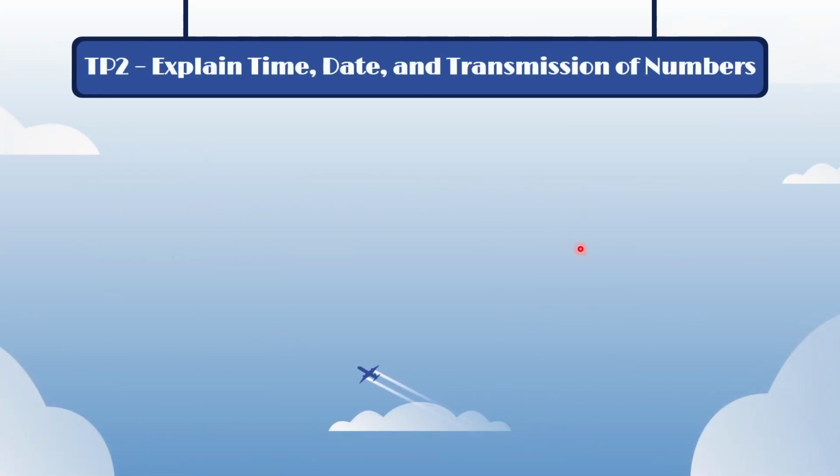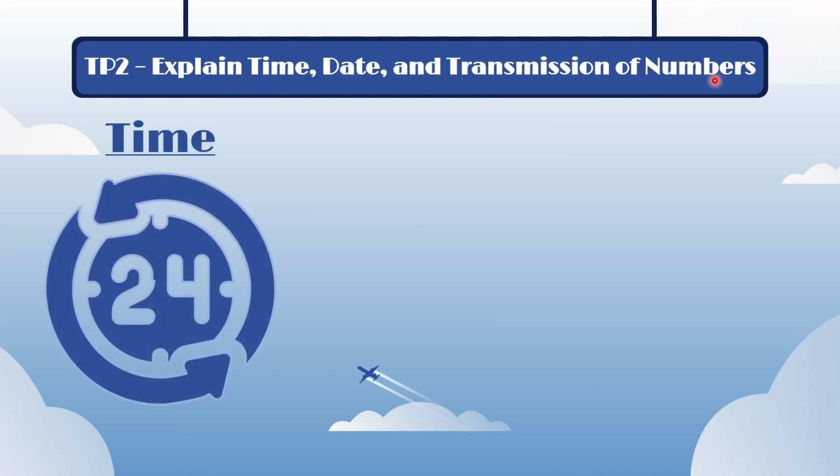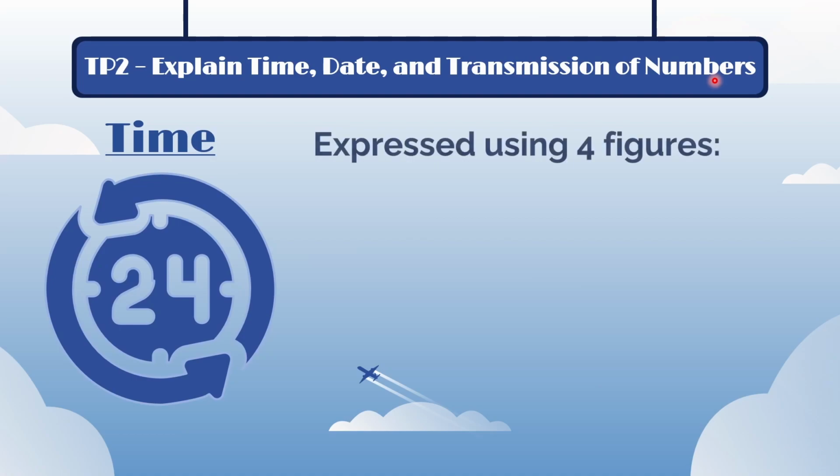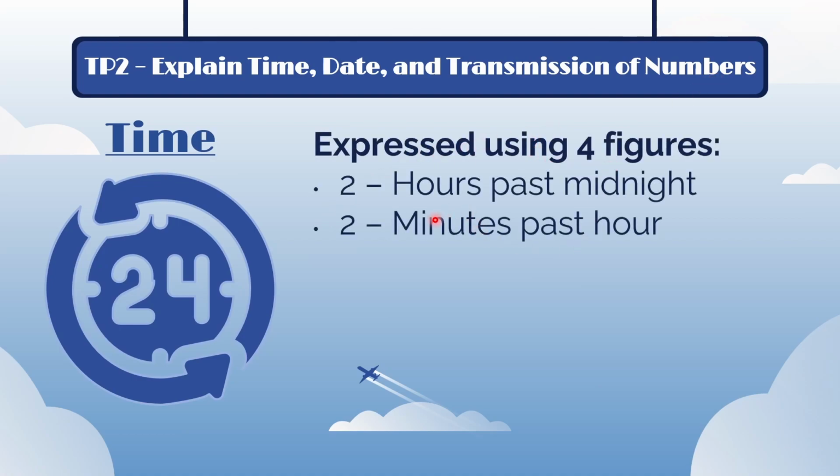Okay, next up is teaching point 2. Explain time, date, and transmission of numbers. Firstly, let's go over time. When it comes to radio communication of time, we usually express it using 4 figures, okay? The first 2 digits are the hours past midnight, and the third and fourth digits are the minutes past the hour. So for example, 12:05 a.m. we'll say it is